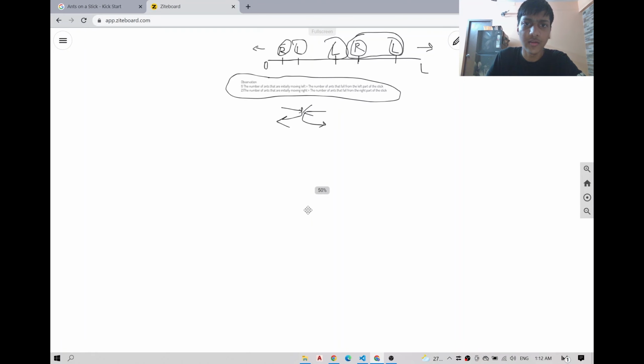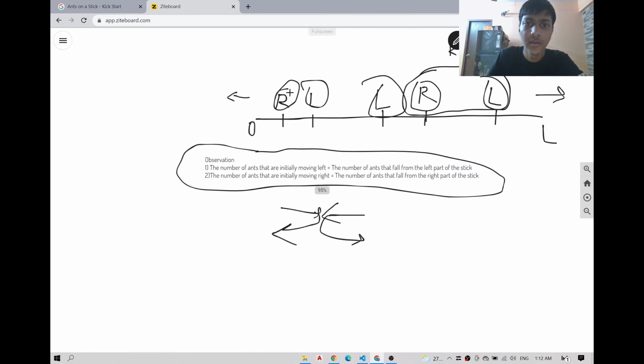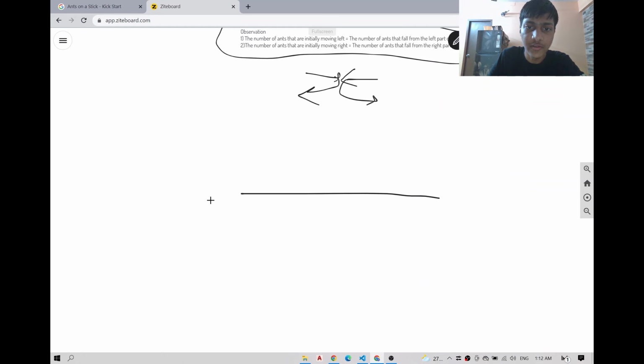Say, for example, take this example right here. This ant must have collided with this ant somewhere in between, or I'll just redraw it for clarity. Say there was some ant here, some ant here. This ant started moving right and this ant started moving left, and at the midpoint of their paths they collide and they swap directions. Now, let's assume that they did not have some label on them, all the ants were identical, then this situation would basically be